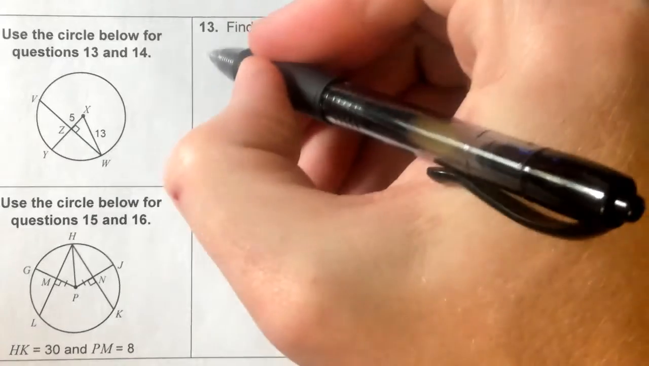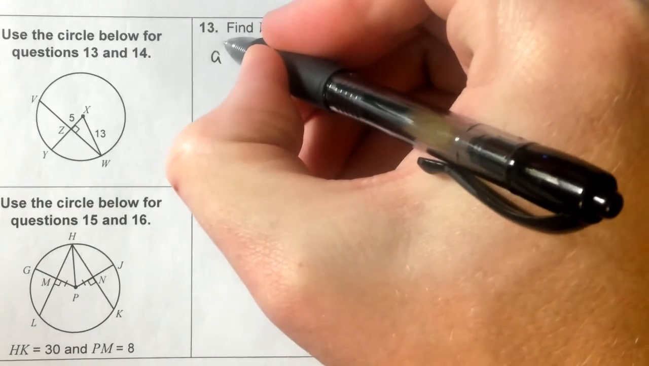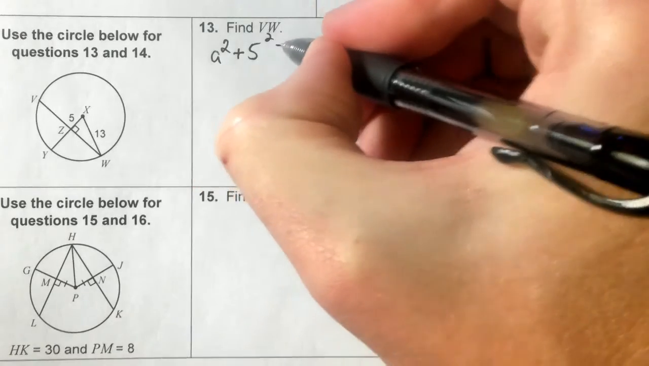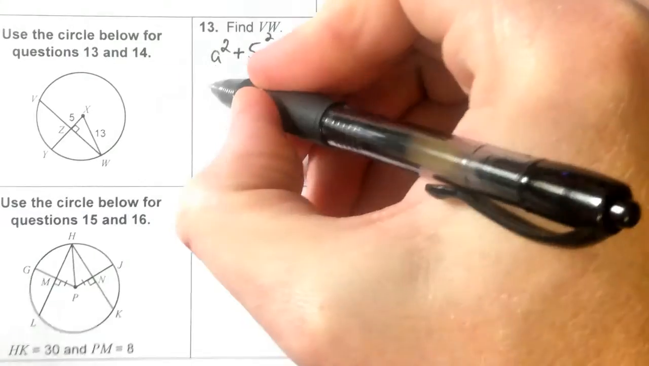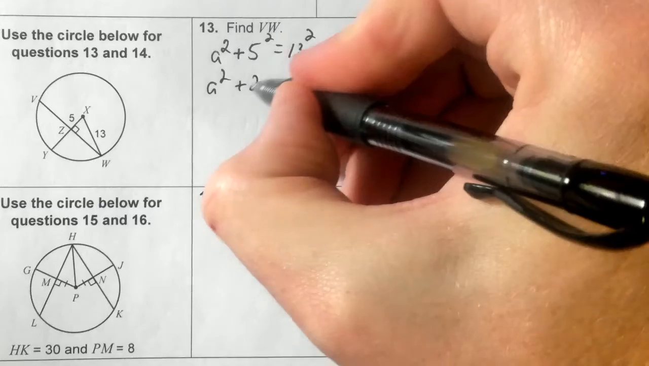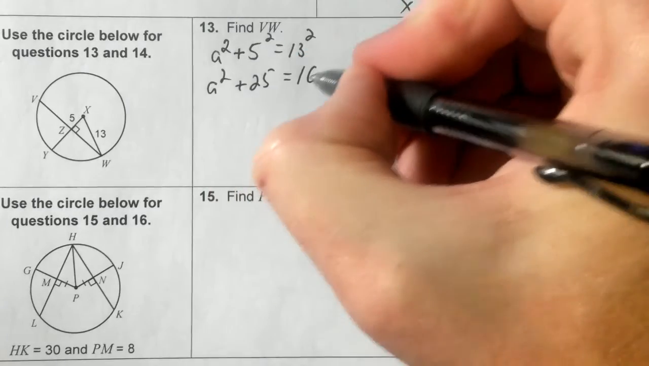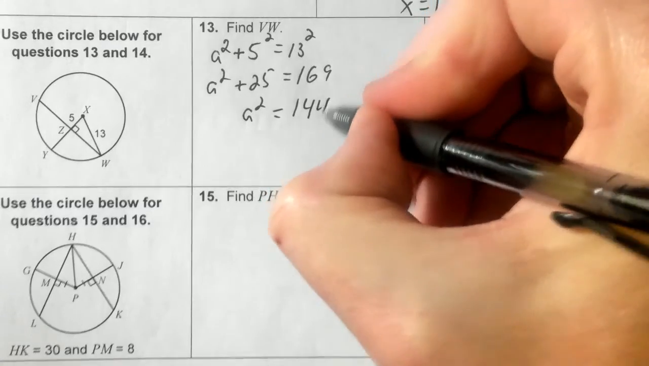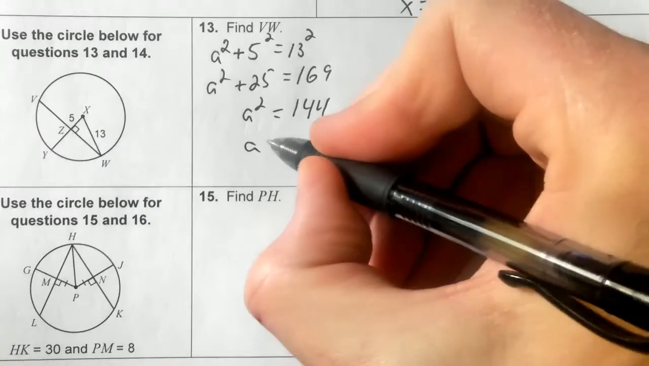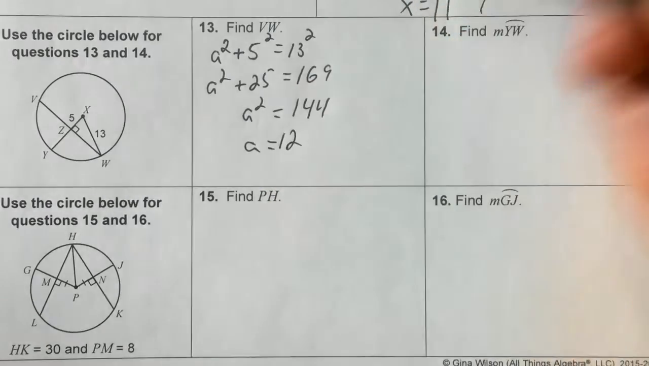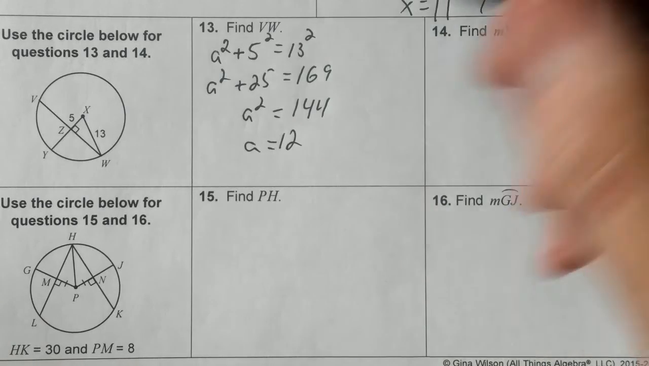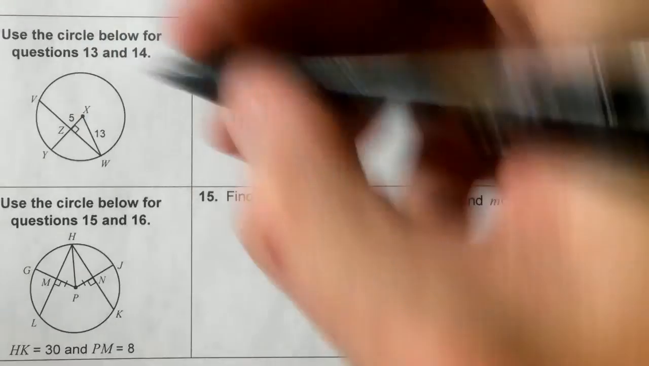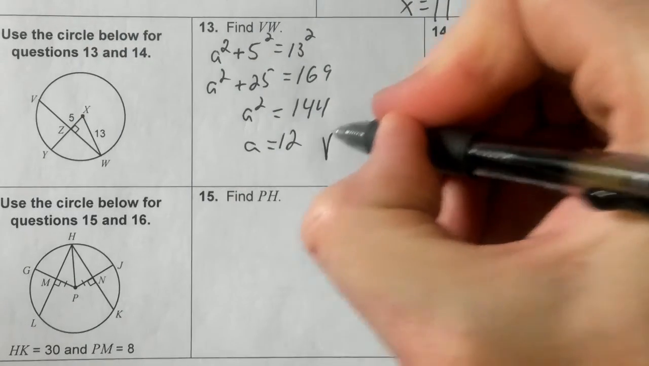Okay, so if I'm thinking Pythagorean theorem, I can write a squared plus 5 squared equals 13 squared. So a squared plus 25 equals 169. A squared would be 144 if you subtract from both sides, and then if we take the square root, a is 12. Okay, so then this part is 12. So then if I double that, the entire thing would be 24. So VW